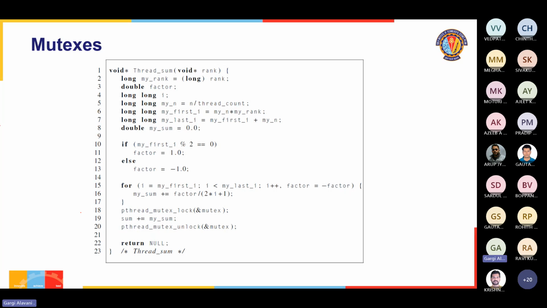So if you ask me in terms of performance, what should be preferred? You prefer a mutex for long critical sections and spin locks for very short critical sections. Is it clear? Yes, ma'am. Ma'am, could you please explain why